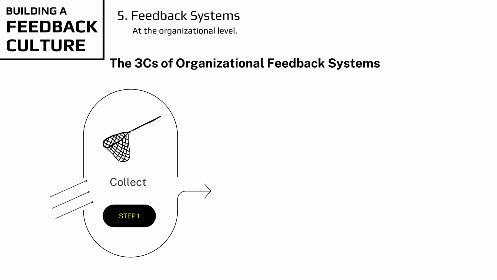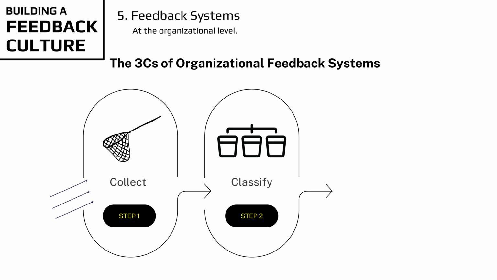From there, we can move to step 2, which is to ensure all that feedback flows into a central place where it can be seen in aggregate. This could be a Slack channel, for example. Once there, it's helpful to classify it. For example, is this external feedback about a particular product or service? Is it positive or negative feedback? You can get as detailed as is helpful here. For example, it may be helpful to note if it's coming from a Fortune 100 customer who you have a significant deal with, as opposed to a customer from a small business who is simply on a free trial.